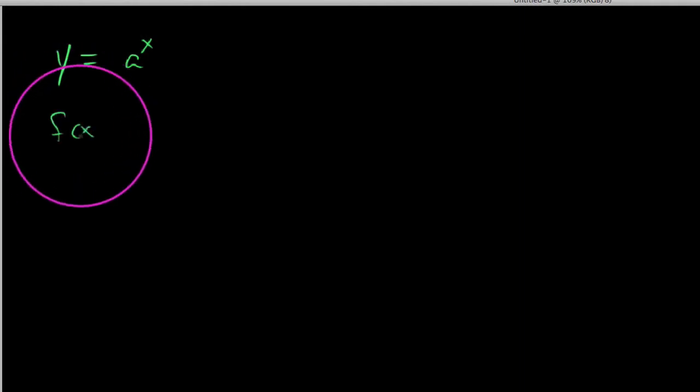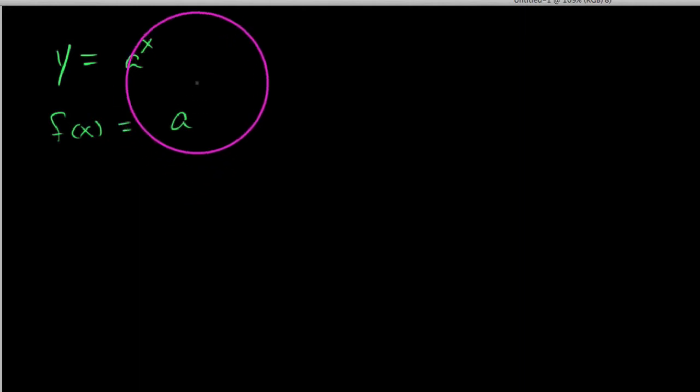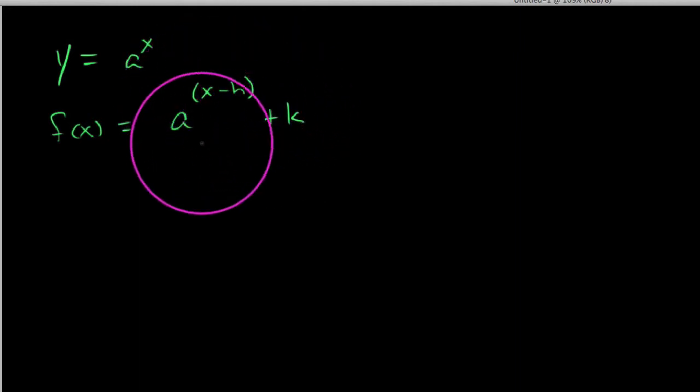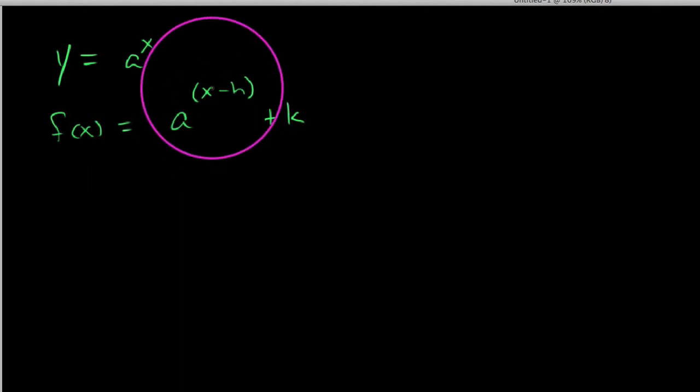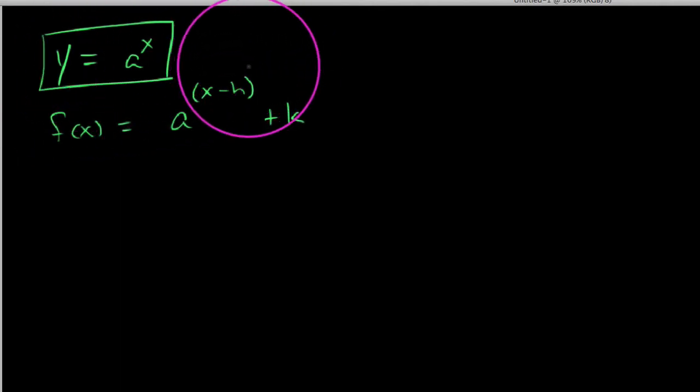You know, I like to use f of x or function notation, but it'd be the same thing as if I said a to the power of x minus h plus k, where we have an a, an h, and a k value. But this is really important to me because if we can memorize the basic graph of y equals a to the x, then really what I can tell you is this. In terms of graphing y equals a to the power of x minus h plus k,